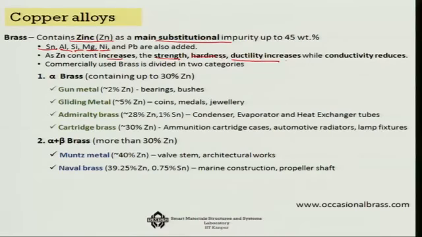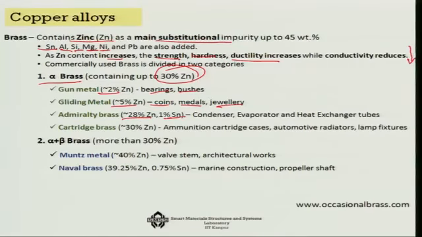Ductility also increases, but the conductivity reduces, it comes down. Now, commercially when we get brass, there are two types of brass. One is called alpha brass, which has about 30% of zinc. This has many variations, for example, gunmetal which has 2% zinc used in bearings or bushes, or say gilding metal, 5% of zinc, used in coins, medals and jewelries, or say admiralty brass which has about 28%